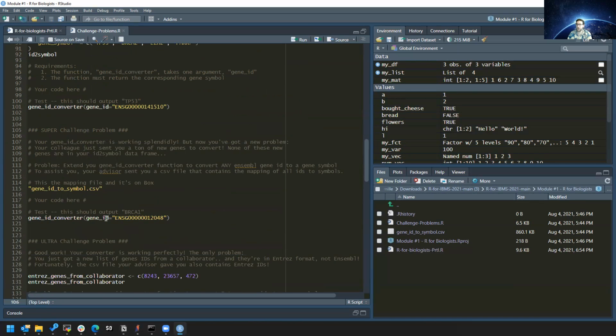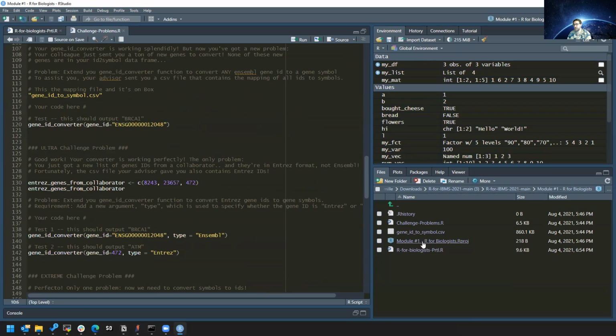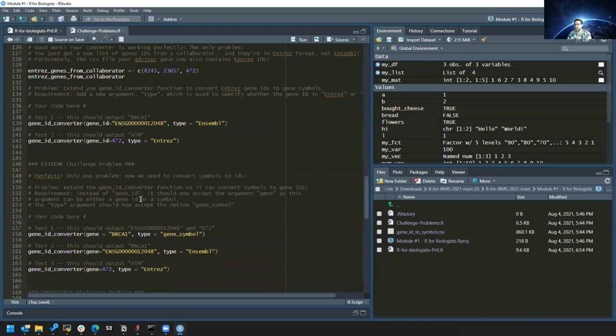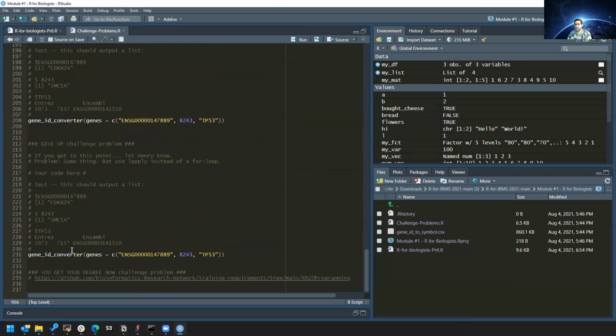And then we improve it over time. We use a CSV file that's involved in here to help us in that process. And it becomes progressively more and more difficult to the point where it basically becomes impossible. I call this by the end, you're at the give up challenge problem. This one's very hard. And then you get your degree now challenge problem, which is basically, it's actually one of